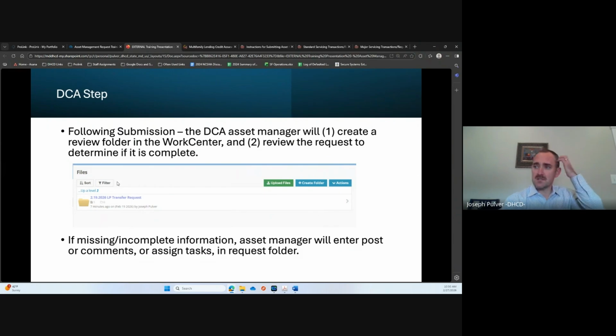Okay, so following the submission, it will notify all of the Work Center members that something has been uploaded. For those of you who haven't been actively involved in the Work Centers, they will have members that may include folks from the ownership team, the owner's asset management team, the property management team, maybe the auditor or accountant, as well as your PM and your PA and others in the department, depending on what the project is.